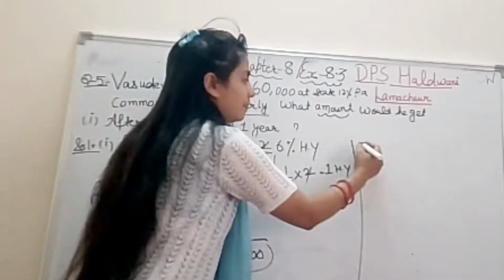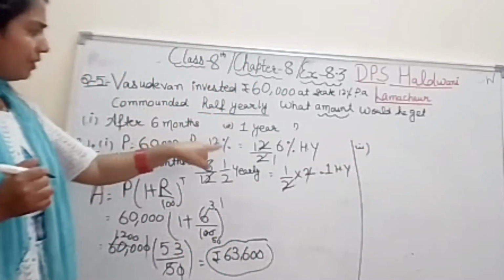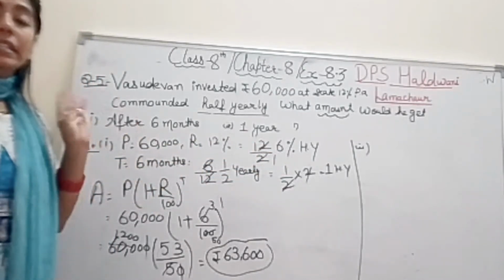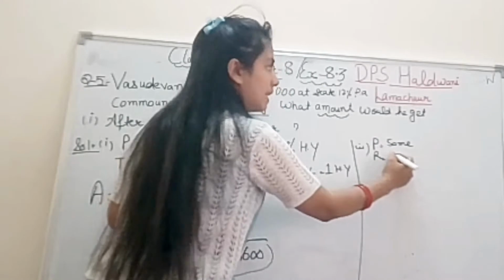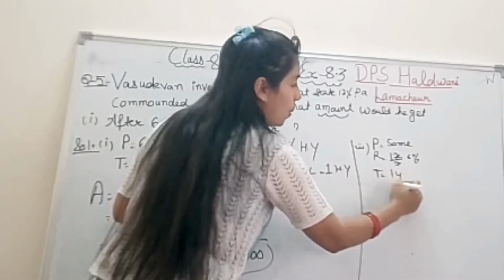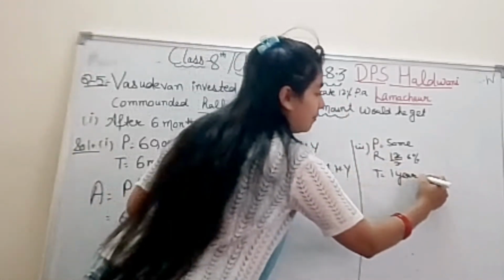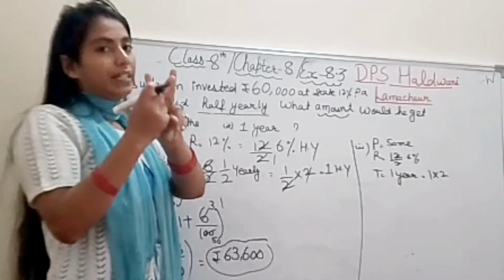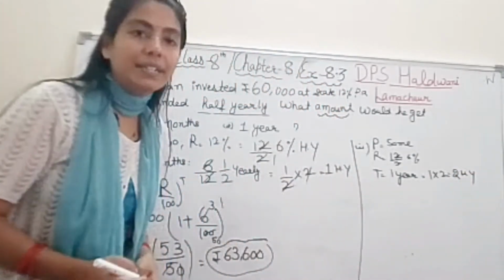Now coming to the second part, that's it, it is just calculation. Second part, after 1 year. Now, students, the rate of interest again will be 6, and instead of 6 months, the time given is 1 year. So the principal will be the same, right? The rate will be the same because 12 upon 2, that will be 6% only. Now the time given is 1 year, but the question is half yearly, so it means the time will be double. Yes or no? Half yearly. In 1 year 2 times he will get the interest. So 1 into 2, that is 2 half years, right student? So that's it.